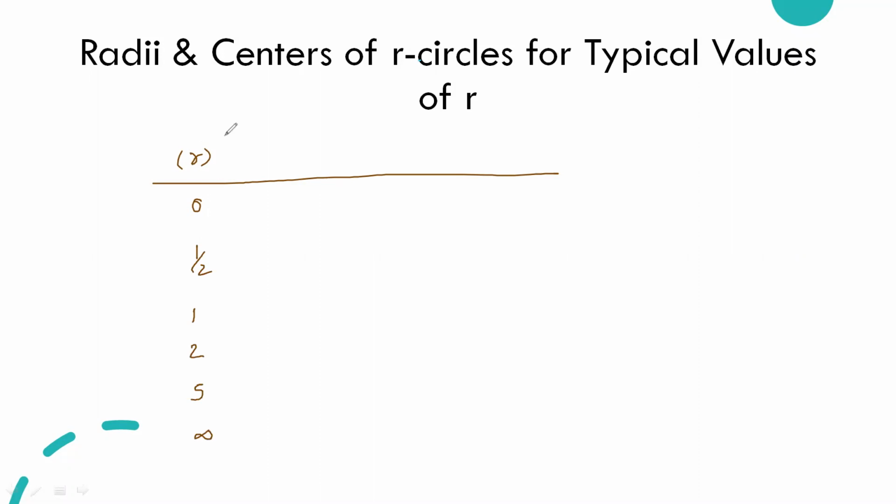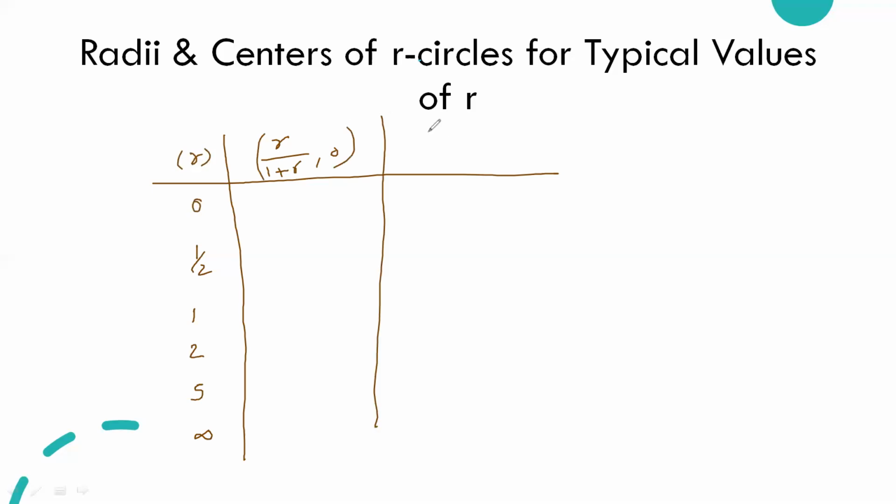Okay, so for these different values, we are going to see the center, that is r by 1 plus r comma 0, and let us look for the radius, that is 1 by 1 plus r. So for 0, if you substitute the value of r, you will get the center is 0 comma 0 and radius is 1. Here you will get the center is 1 by 3 comma 0 and your radius is 2 by 3, and the center is 1 by 2 comma 0 and the radius is 1 by 2,